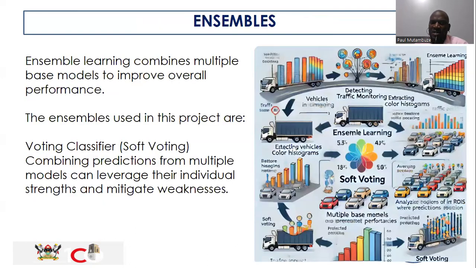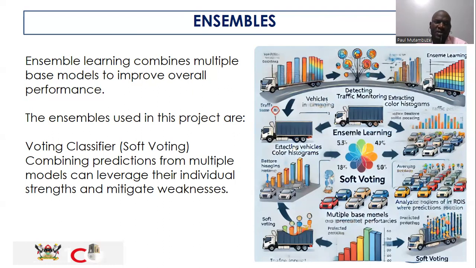Then, of course, we have the ensembles. Ensemble learning combines multiple base models to improve the overall performance. The ensembles used in this project are, of course, voting classifiers. Voting combines the predictions from multiple models by leveraging their individual strengths and,